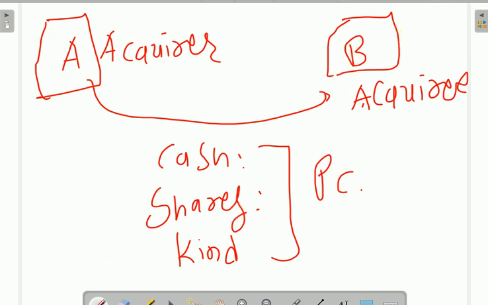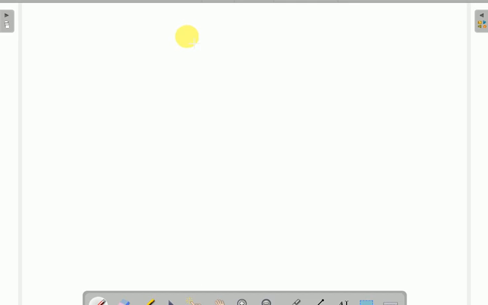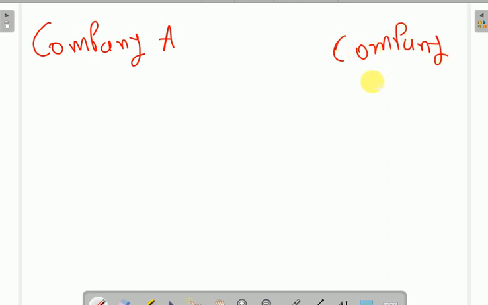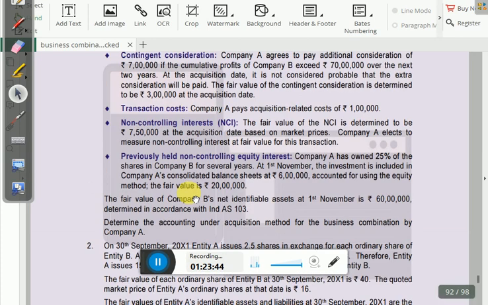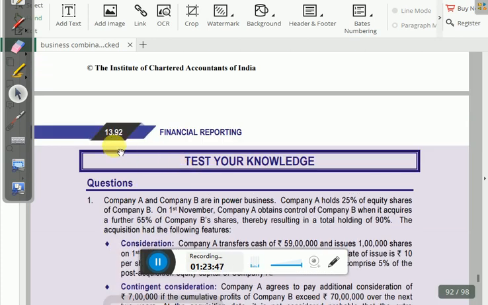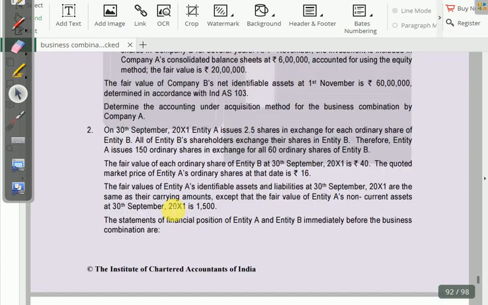ठीक है, अब एक नया एग्जांपल देखते हैं, उसमें आपको अकाउंटिंग अक्वायरर और लीगल अक्वायरर समझाता हूँ। एक है कंपनी ए, एक है कंपनी बी। जी, यहाँ पर ये जो टेस्ट योर नॉलेज है उसमें सेकेंड सम है, टेस्ट योर नॉलेज 13.92, उसमें आपको सेकेंड सम में अकाउंटिंग एक्वायरर और लीगल एक्वायरर की हम आपको समझ दे सकते हैं, जिसमें आपको कुछ इस तरह से देखना है।